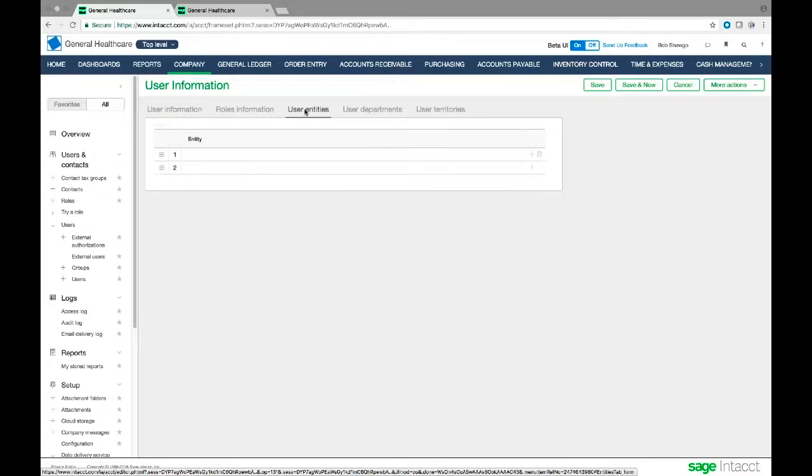You can limit the entities that the user is allowed to use. Remember, I mentioned Drew Jackson that I'm logged in as. He's limited to just 2 of the 4 entities that we have in this organization. You can also set departments and territories for users, so they would report to a department manager. Jumping over to roles,